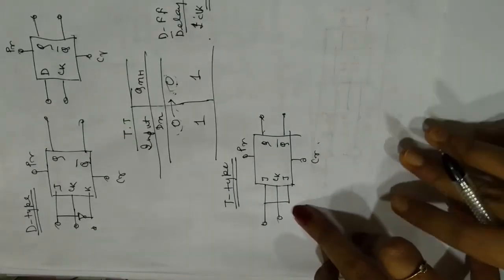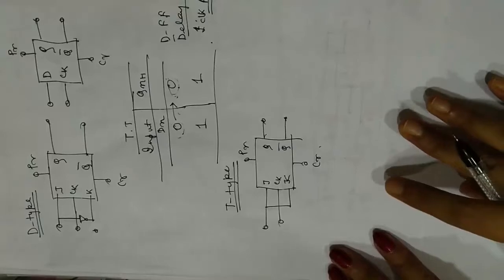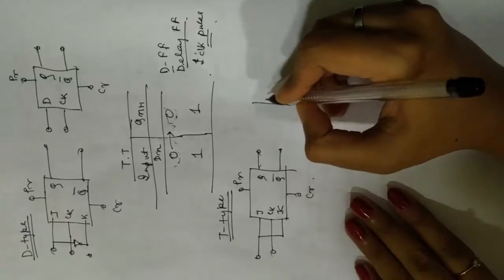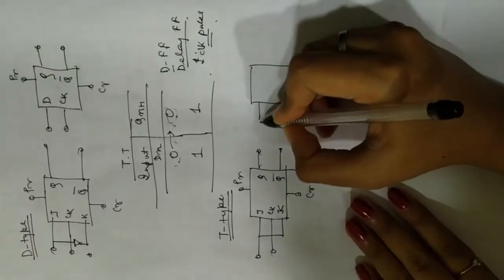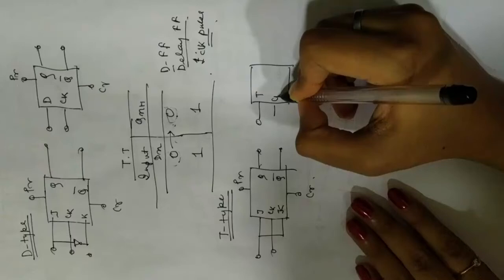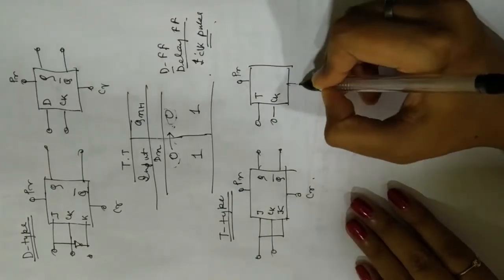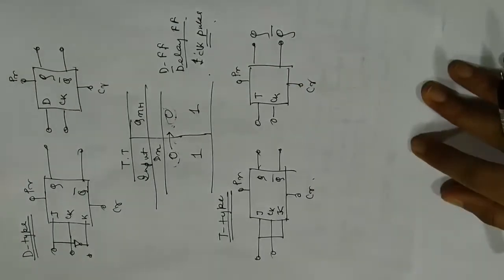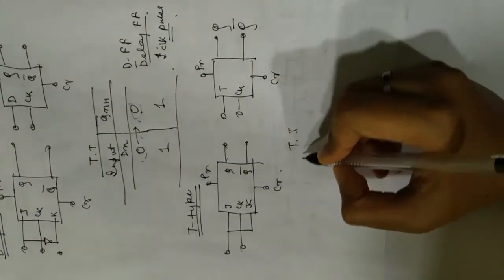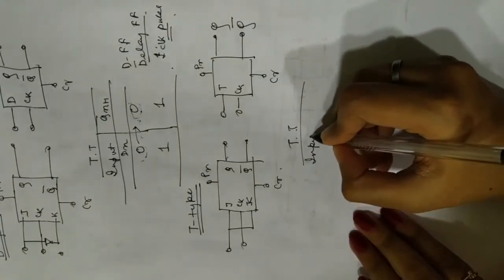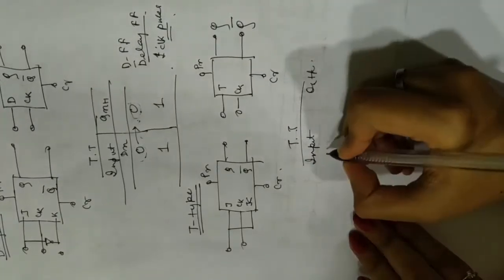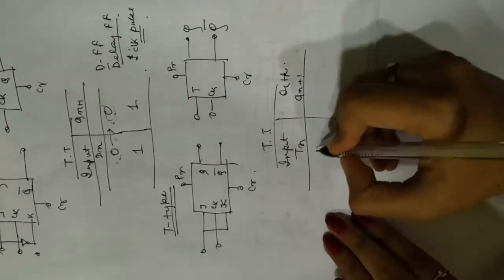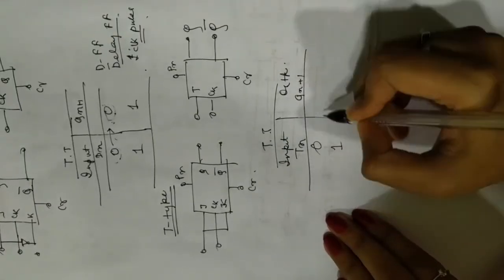So over here the J and K terminals are directly connected. This is a T-type flip-flop. If you want to see the logic symbol, it is like this. I have a T over here, a CK over here, PR, CR, Q and a Q bar, right? So let's have a look at the truth table. Input, output, you have Tn in the input and Qn plus 1 in the output, right? So input can either be a 0 or be a 1.